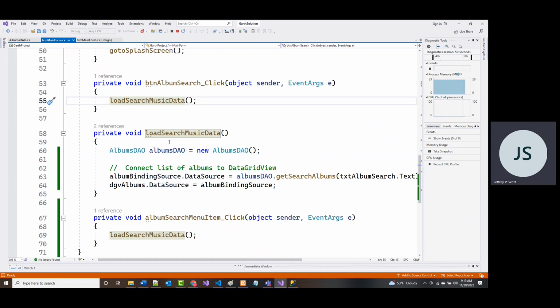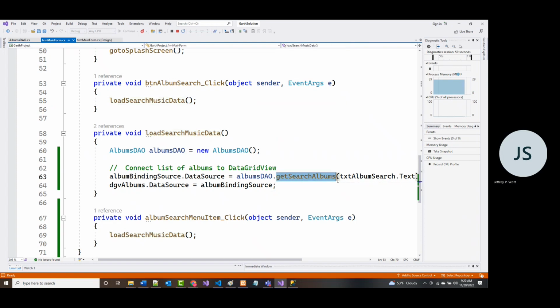And I believe that's all okay. We called get search albums, and we passed it txt album search.text. That all looks okay. We associate it with a data grid view that we're using. All right, that's okay.